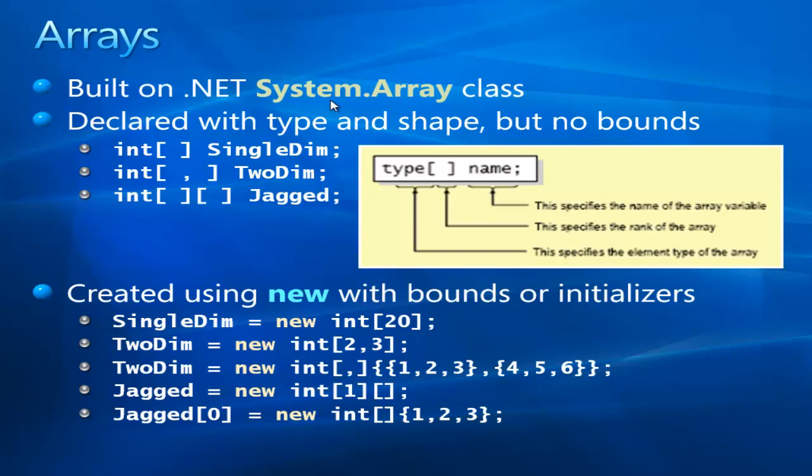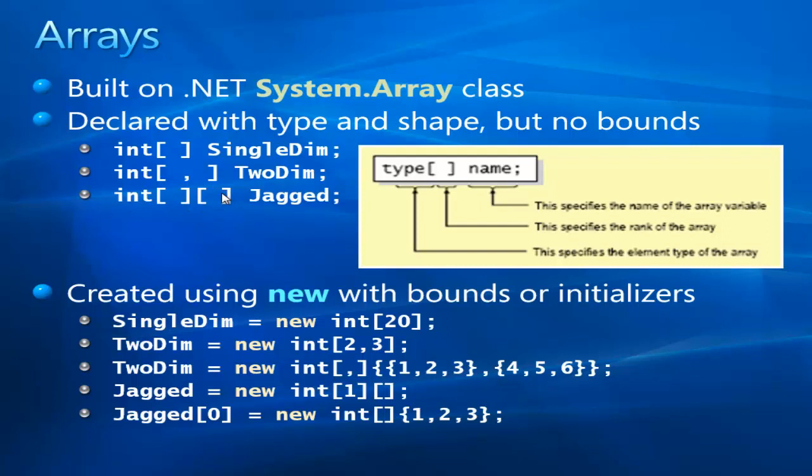So how do I declare an array? To declare an array, you specify the type of the array, put the square bracket and specify the name of the array followed by the semicolon. For example, if you want to create a single dimension array, you say the data type is int, then put the square bracket, then followed by the name of it. If it is two-dimensional, you put a comma in between. If it is a jagged array, then put the two